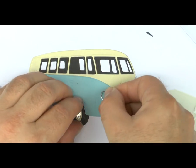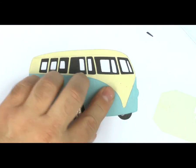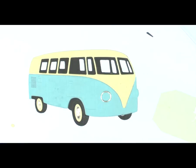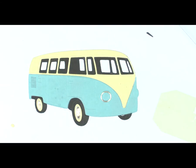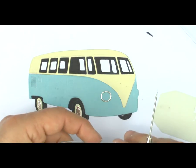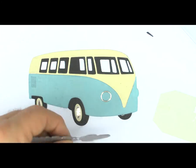And it's not a perfect circle, so we get the perspective on it, and we just follow the lines. You can see near enough, don't worry. It's just kind of an oval shape, and it goes in that direction there. Now if you want to, you can do the little indicators as well. You can see I've still got all my bits stuck in here, so I'm going to carefully release